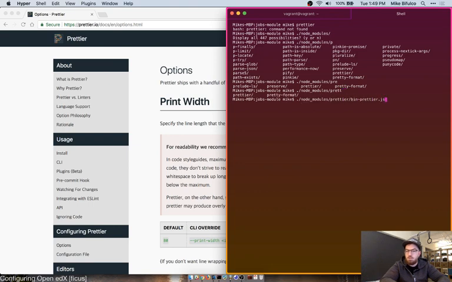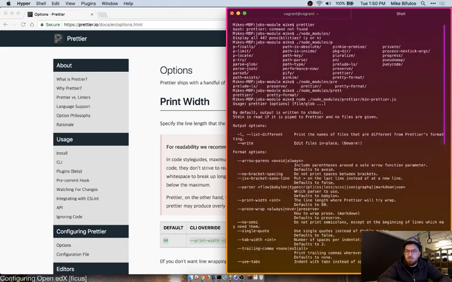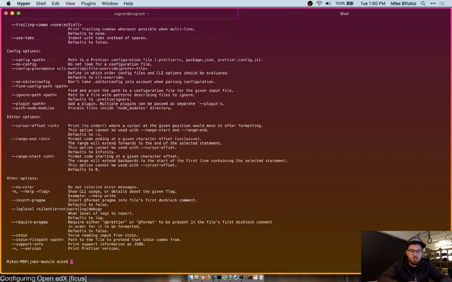Okay, so that's where it lives. I didn't install it globally, so the command won't be available globally, but it should work from here. I'm betting there's an init command in here somewhere.